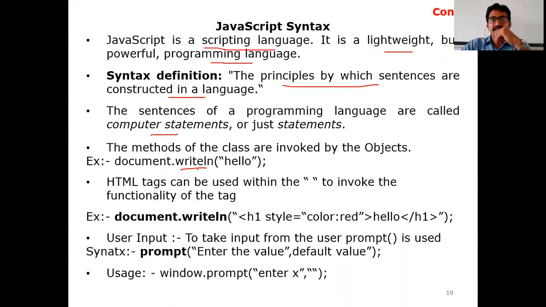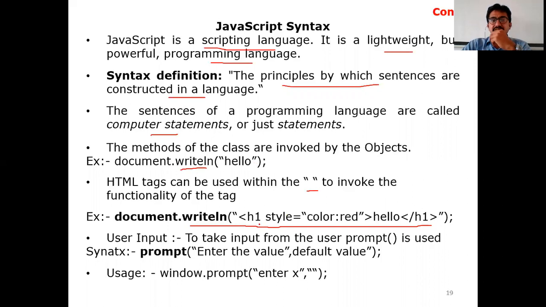How we are calling that is with the help of document.writeln, a method which we can call, or we can call a particular function with the help of document.writeln. And whatever you are writing, invoking, should be mentioned in double quotation. Say for example, document dot writeln, we are just writing an h1 tag inside the HTML page.